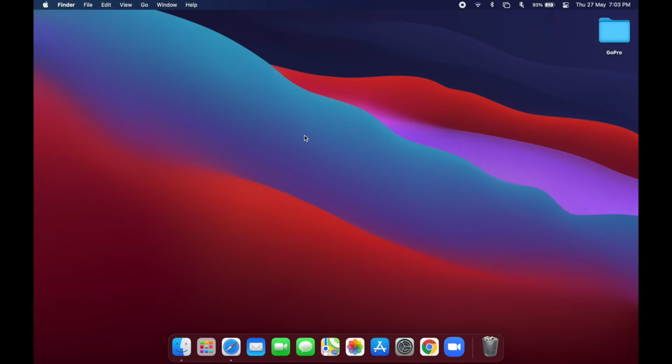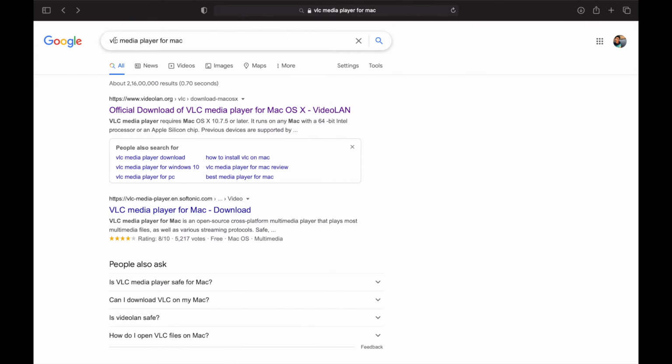Today I am gonna show you how to install VLC media player on Mac. Click Safari and type VLC media player for Mac on the search bar. Click on this website